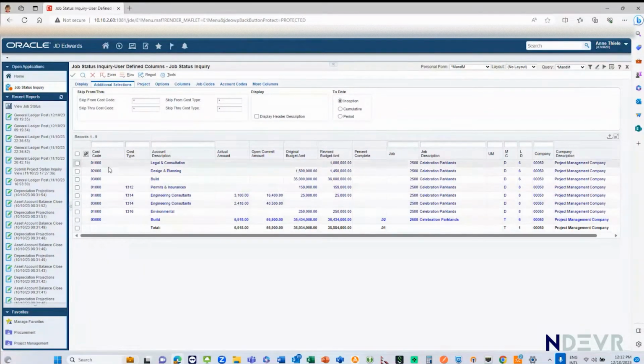So here's this query, and I can see that for engineering consultants, for example, I have an original budget of 25,000. I've got a revised, oh, here's my 35 and 36 down at the bottom. Sorry, here on this build, 35,000 is the original budget. And remember, I added $1 million to it. So I've now got a revised budget of 36. So I've got the original and the revised if I want. Okay. And I can see that